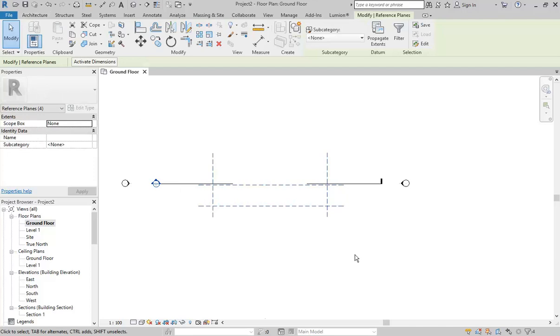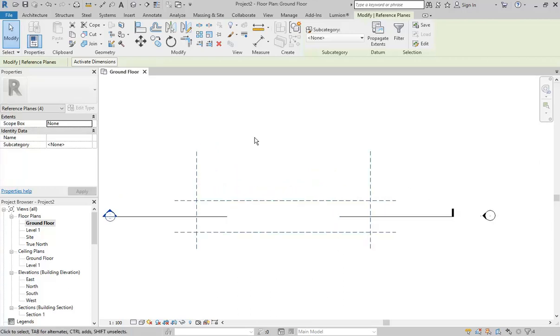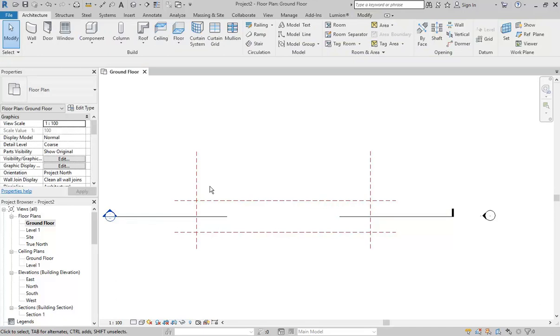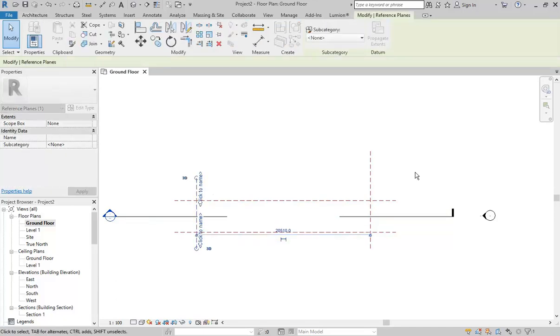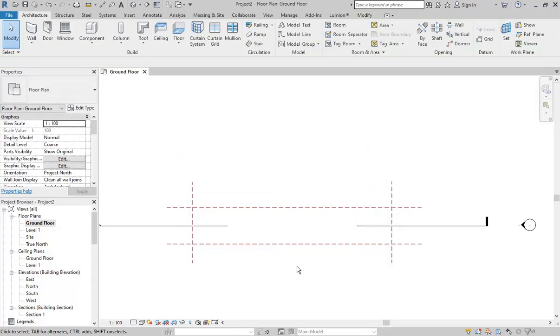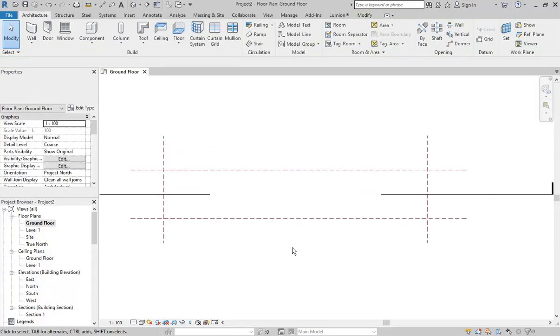And I can then just use the up arrow on the keyboard to nudge that up so that it's centred again over that section line, roughly. Just by eye, as long as it's centred, by eye, it's fine. And then I'll just shorten these, so again, it's just a bit neater, but again, that's optional. There we are. So I've got the size of the property now established, but those are reference planes which are often going to be hidden in different views